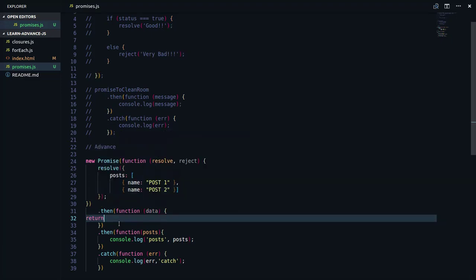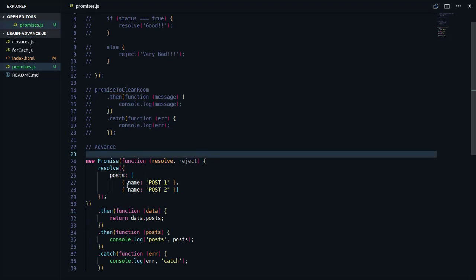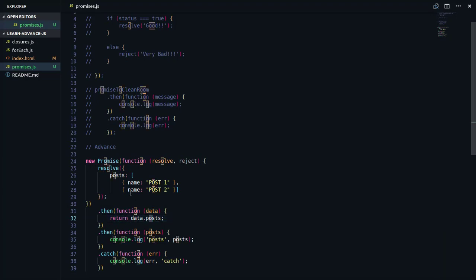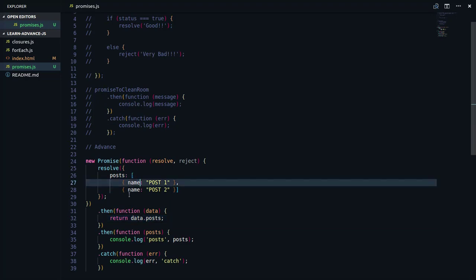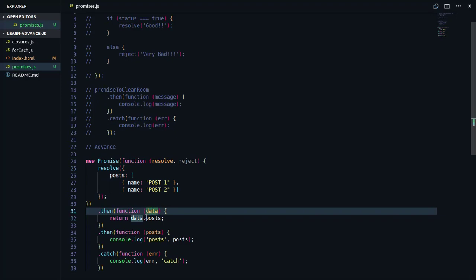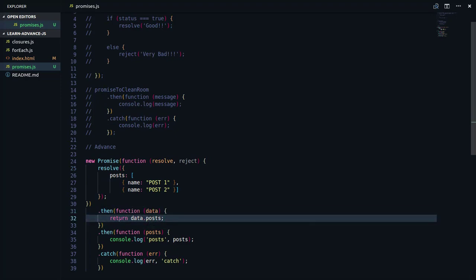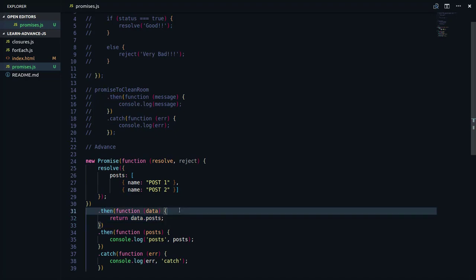Return data.post. Whenever the promise resolves, this dot then function will be called, and when it is called, it returns some data. Data is data.post. Post is the array, as you see here. We passed it in the resolve function. It receives the data and returns data.post, and when this dot then function returns some data,